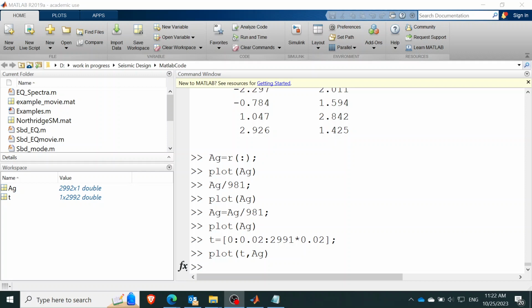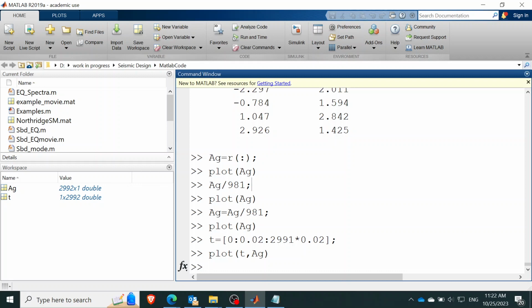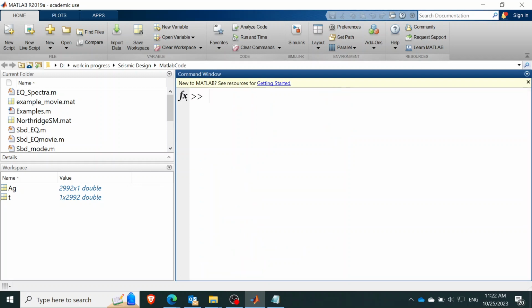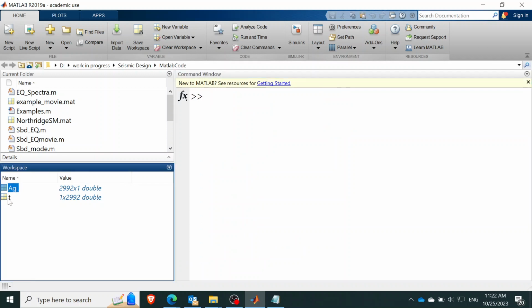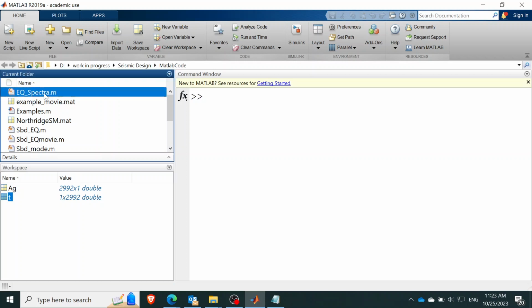Okay, we got the earthquake downloaded from last time. Let me clear this a little bit. So we got our earthquakes here. One earthquake, yeah. In case you need multiple earthquakes, you need to do multiple downloads. I'm gonna show you how to do the earthquake spectrum